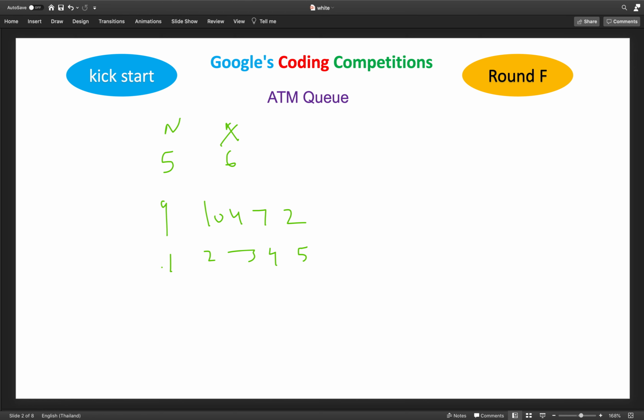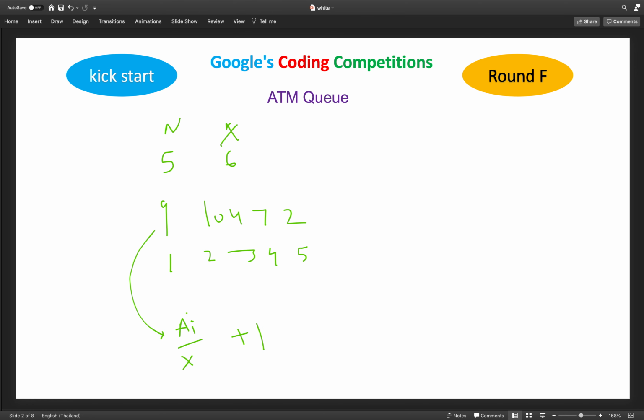If a person needs an amount from 1 to X, basically 1 to 6, then that person can go out in one round itself, but this person needs more than 6. So we can work out how many rounds this person may need. We can calculate the rounds from the amount needed, A[i], divided by X. But if the amount is 0 to 5, this will become 0, then we need to add 1.